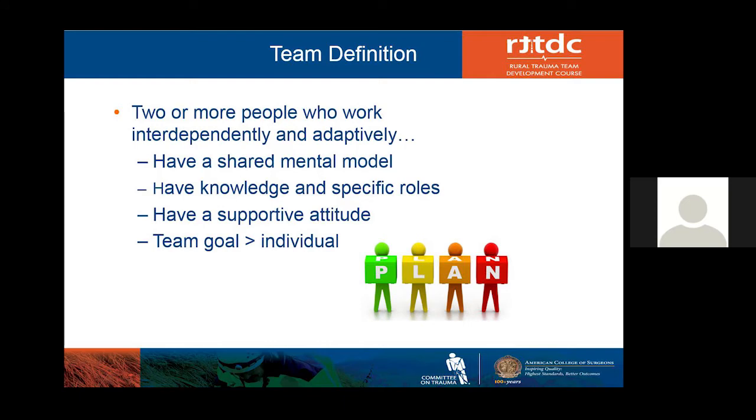And again, what defines a team? Any two or more people working together that have a shared mental model, have specific goals and roles to play in the trauma resuscitation. And those roles need to be predetermined, and people need to know what their overall end game is. It's to basically quickly stabilize the patient and identify potential life-threatening injuries that may exceed your capability and get them to a definitive care center as quickly as